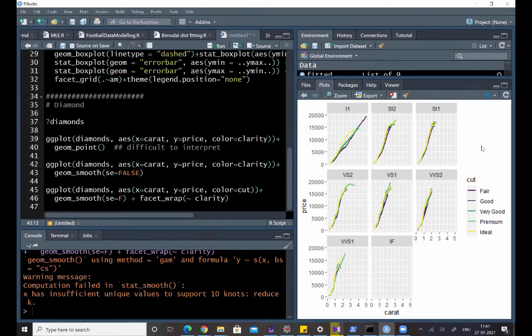And within each subset it uses color equal to cut, and based on the cut it fits different regression lines. So do all of you understand what Abhirup is doing here? Does anybody have any doubts? The facet wrap thing, I didn't understand. The facet wrap. Okay, I'll explain it.